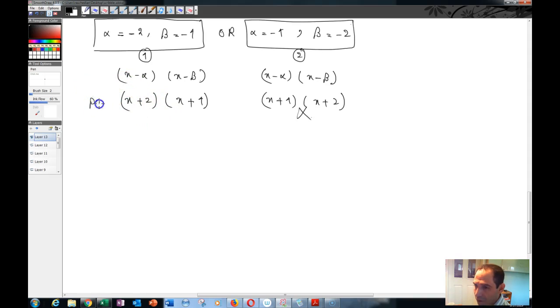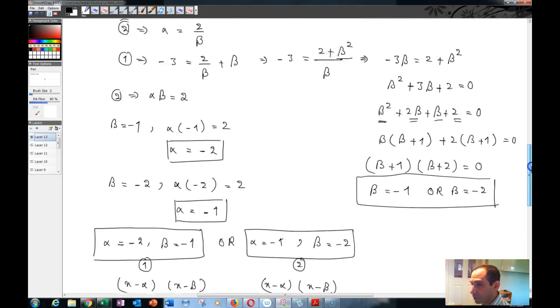And I call this, for example, p of x. Now if you multiply these together, you'll get x squared plus x plus 2x plus 2, and that's equal to x squared plus 3x plus 2. That's equal to p of x. Now you see that your polynomial is actually x squared plus 3x plus 2, and if you want to test it,